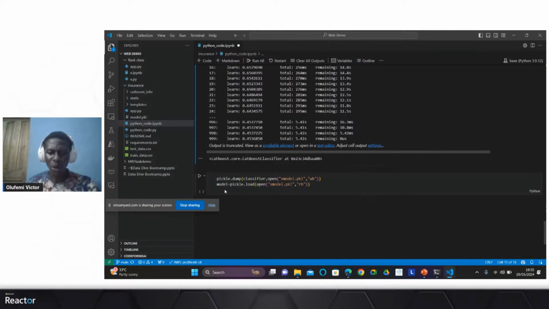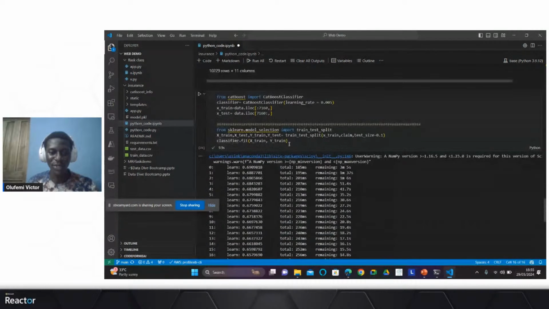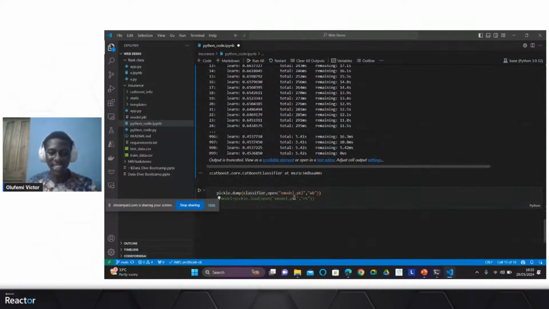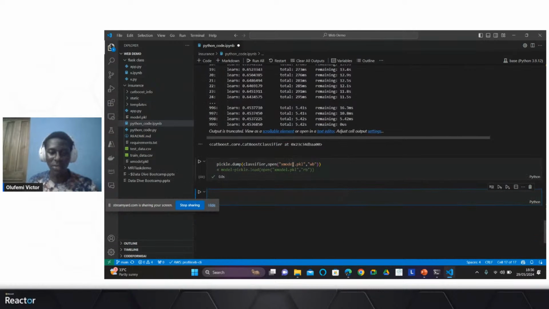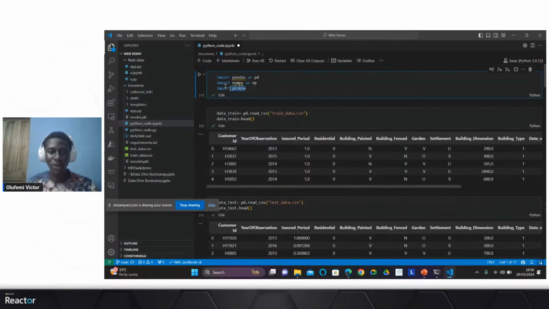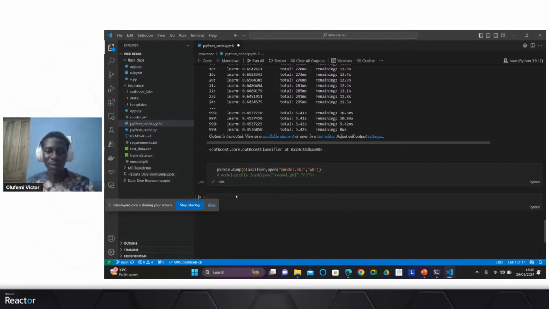So after building your model, you can save it by using pickle, and it's just one line of code. You can exclude this, which is to load your model back. It is just pickle.dump. You dump your classifier, which you've created and fit, and then you specify what file name you'd like to save it as. In my case, I'm using xmodel.pickle, and you write the bytes, which is wb. Remember that I've imported pickle at the very beginning, which I then used to pickle the model. So voila, that's all, and you're done building your machine learning model.